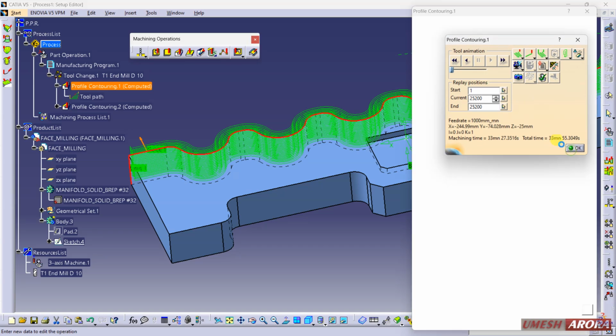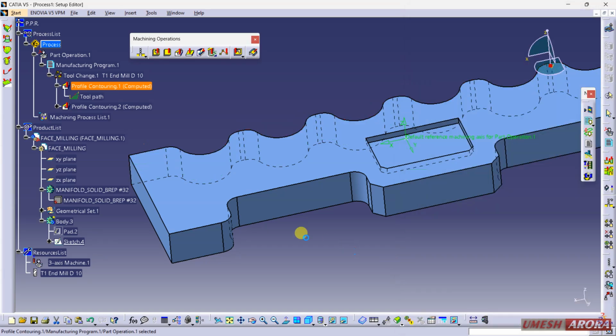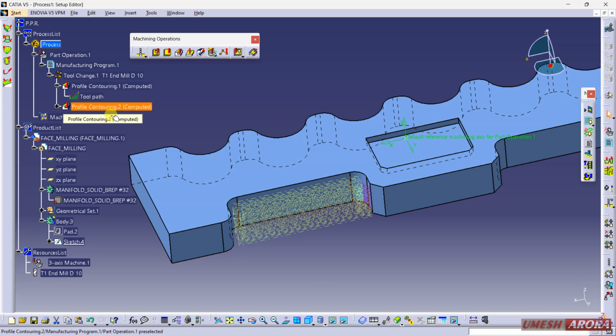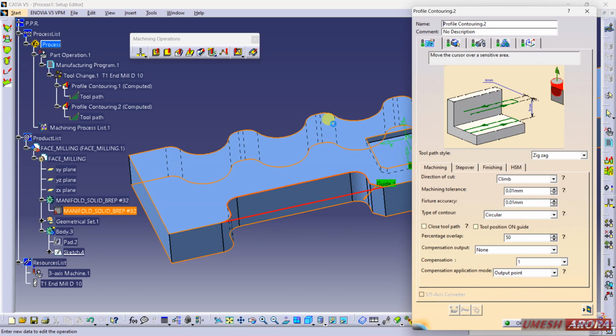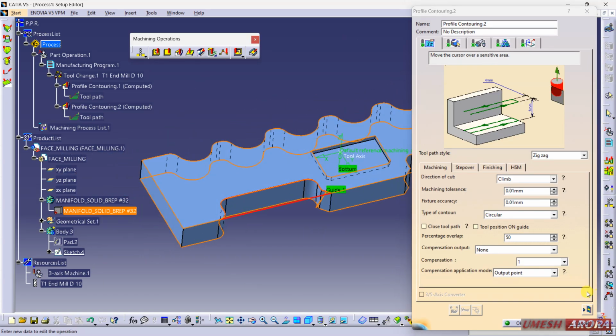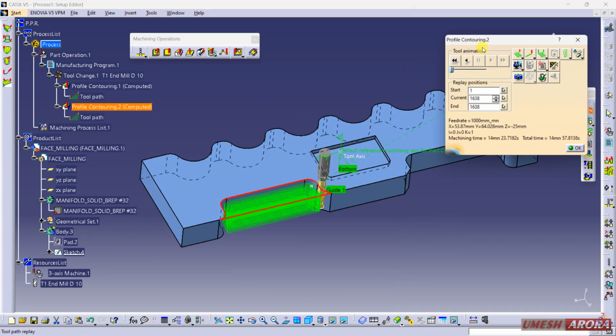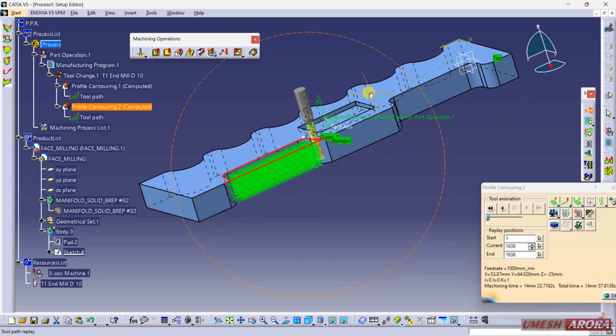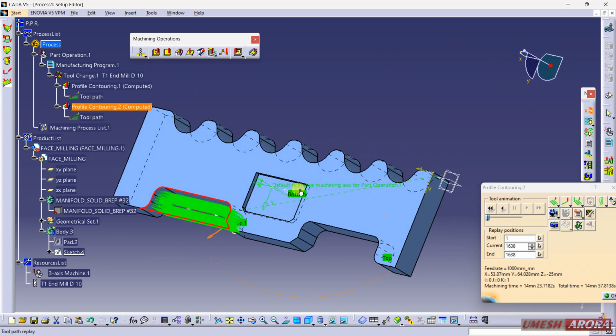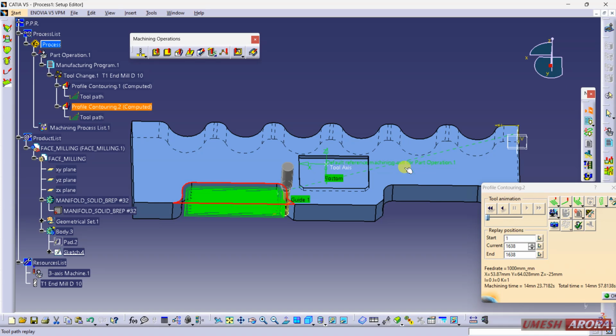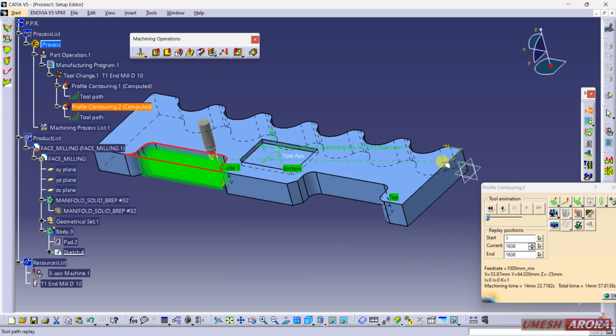Okay, and okay. Now click here, double click here. It is still coming inside this.